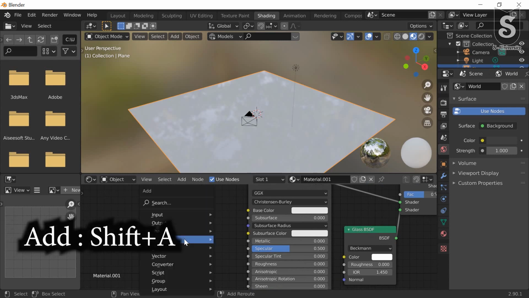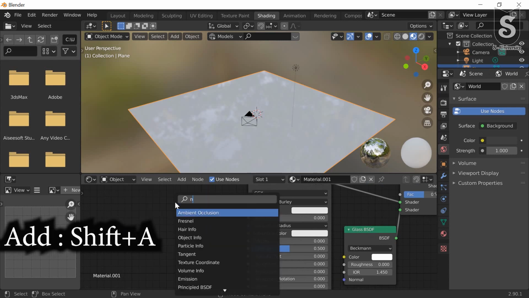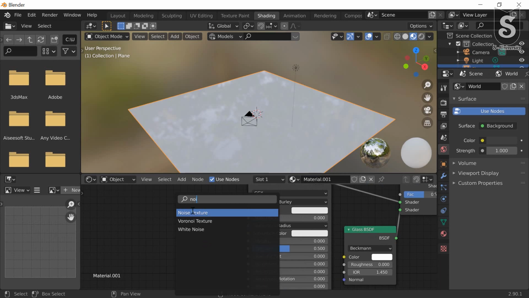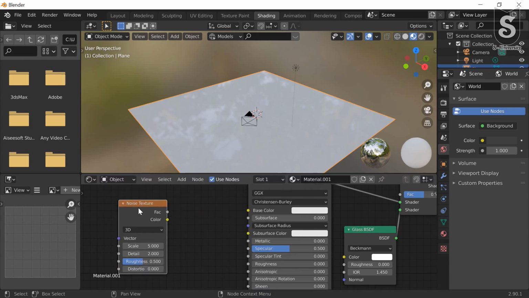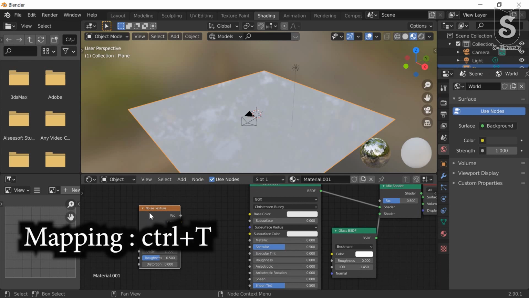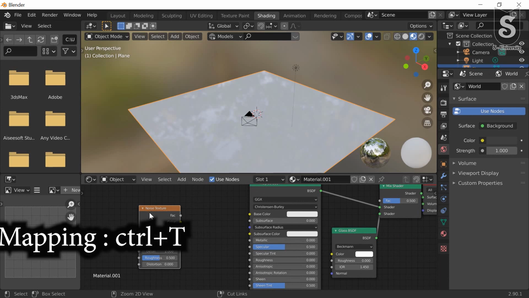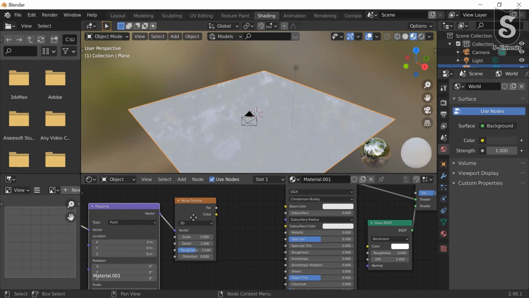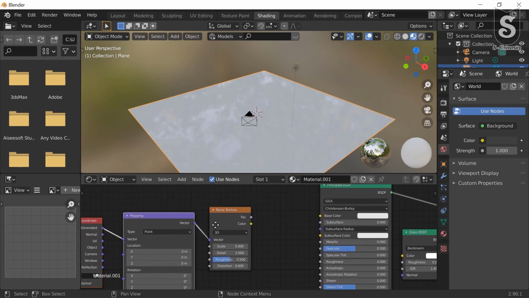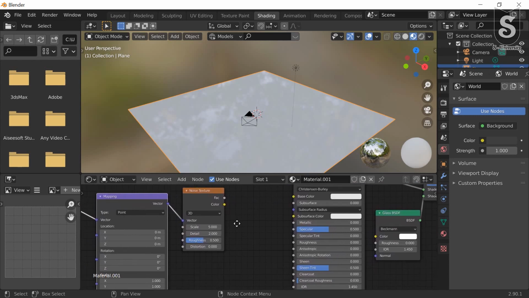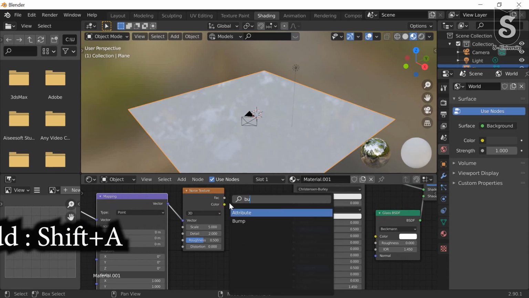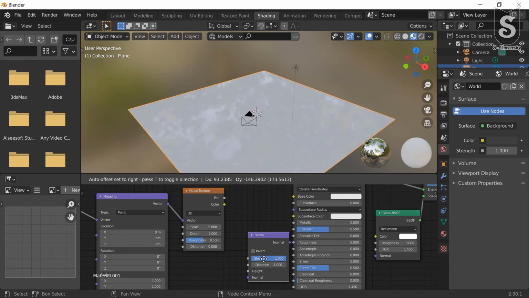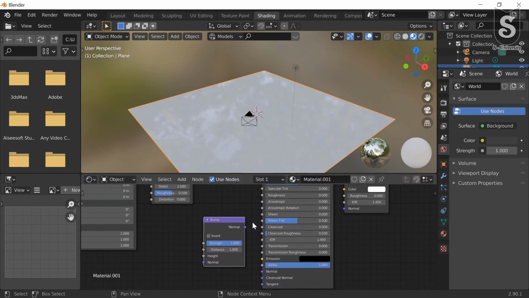press Shift A to insert noise texture, press Ctrl T to insert mapping, press Shift A to insert bump, insert bump value to normal.